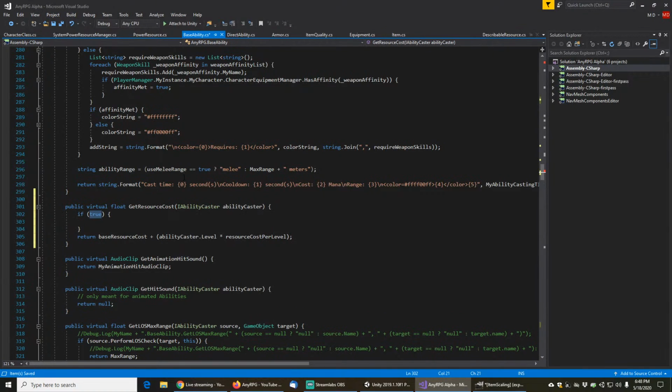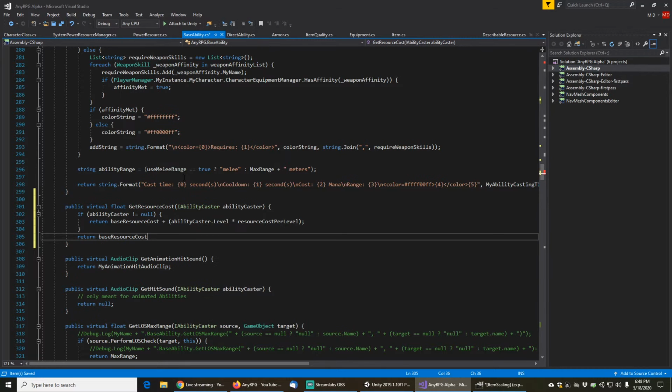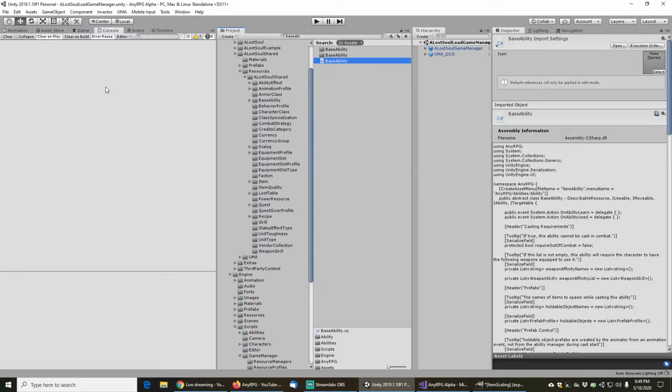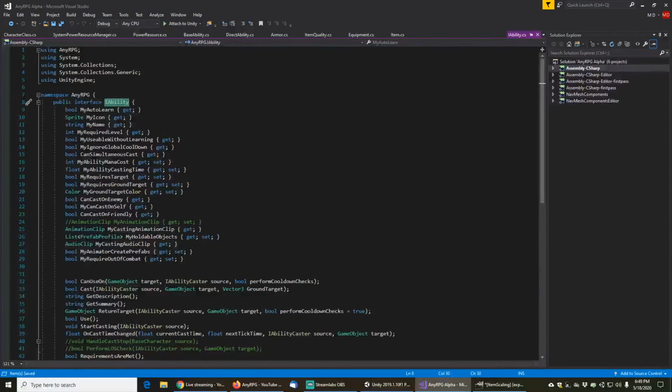And we're only going to do this if our ability caster does not equal null. Otherwise, we're just going to return the base resource cost. Okay, that is going to generate a whole pile of errors. Or just one. So